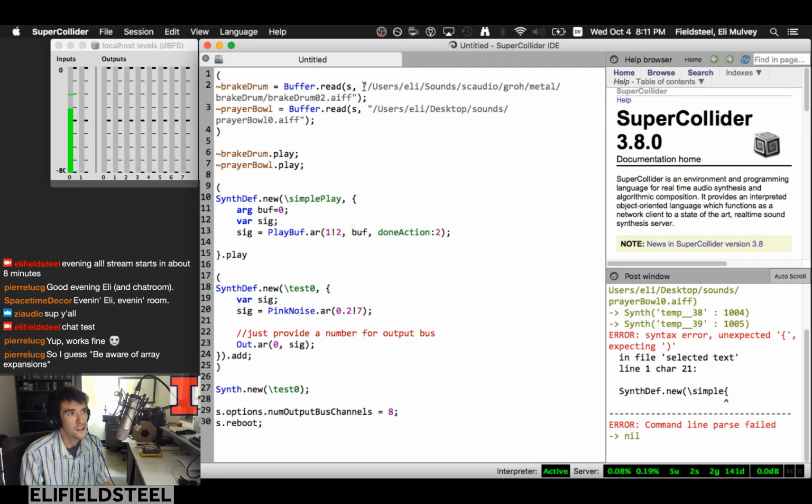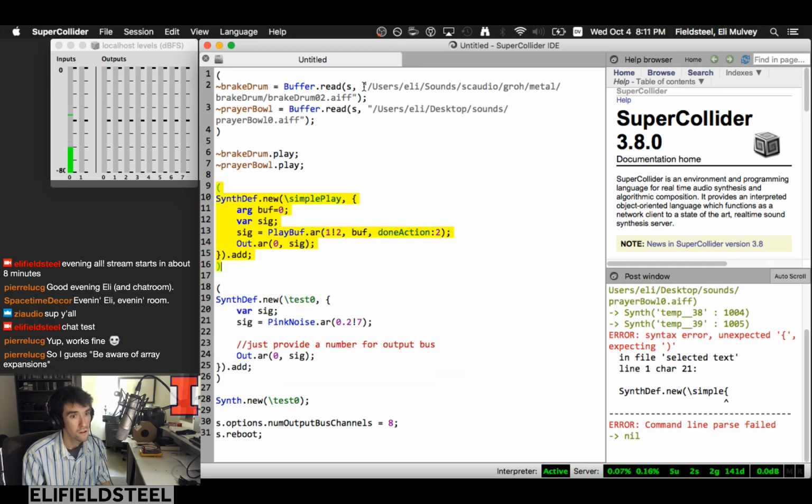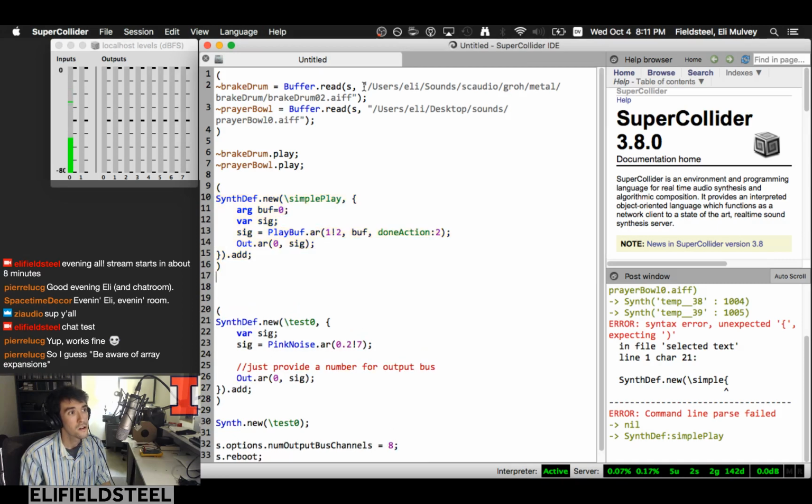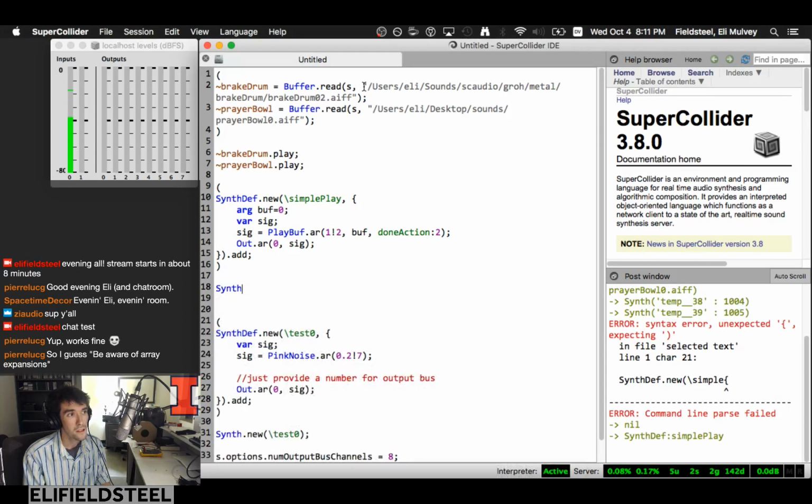And then we say Out.ar. Remember, just put a 0 here, because we're using multi-channel expansion to turn this mono sound file into a pair of mono sound files, so effectively duplicating it into a stereo file. And then we want to add this SynthDef. And there we go. And now if we do Synth.new,